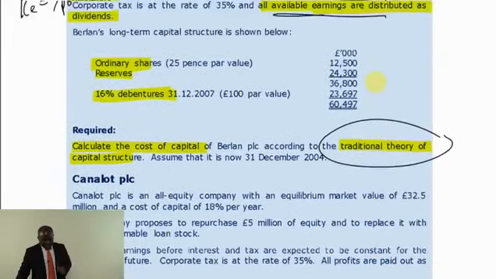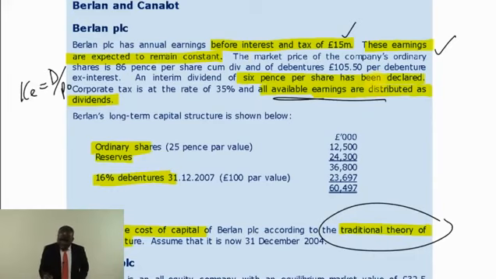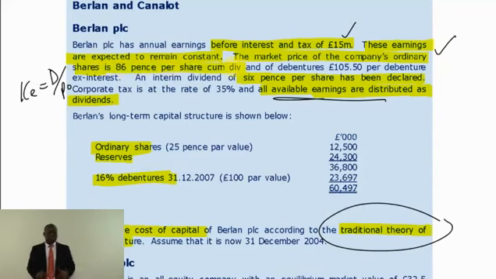The question told us the market price of the company's ordinary shares is 86 pence per share, cum div. So if they've given me cum div, I have to convert it from cum to ex. What dividend do I need? We all said to convert from cum to ex, I need the cum price minus the current dividend, not the future dividend. But all what we were doing before from F9, current dividend is what we are using as the base for the future dividend.